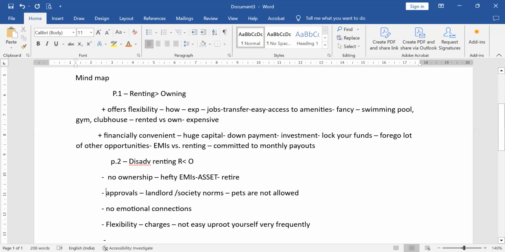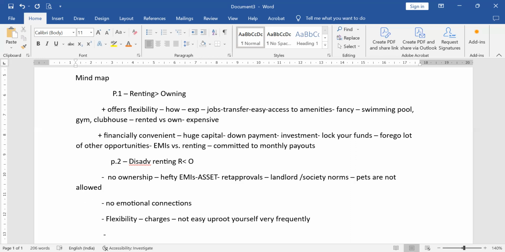You can also say this. We can keep approvals, we can keep landlord, so we can merge this sentence. And we can say you have no ownership. You pay this hefty amount, you have no ownership. Over and above that, you have to take approvals also of the society and follow the rules of the society. So just connect this, and then you can say that